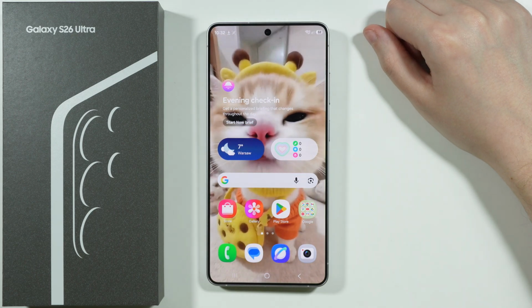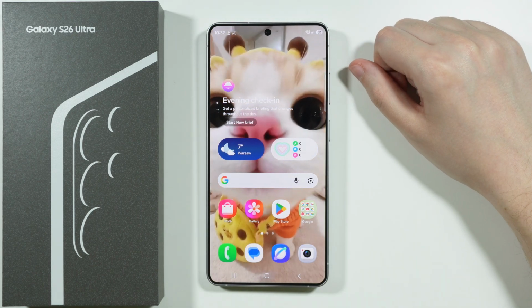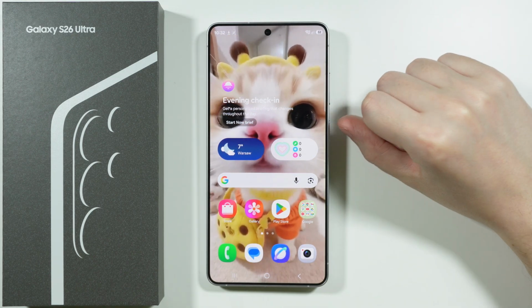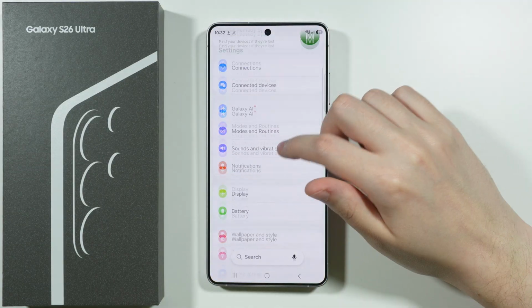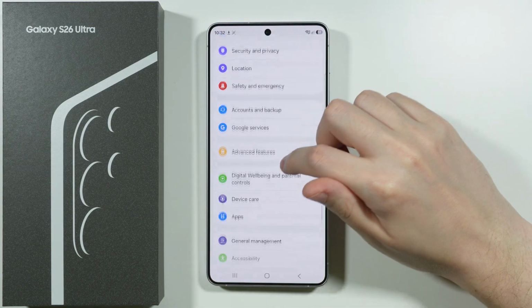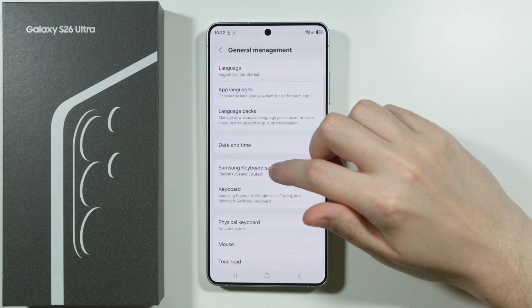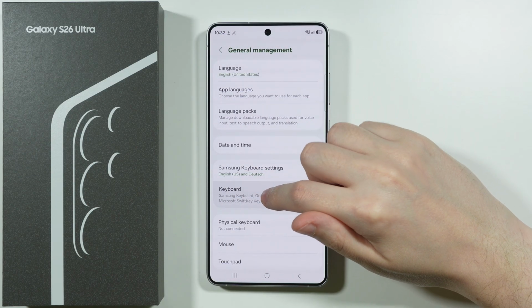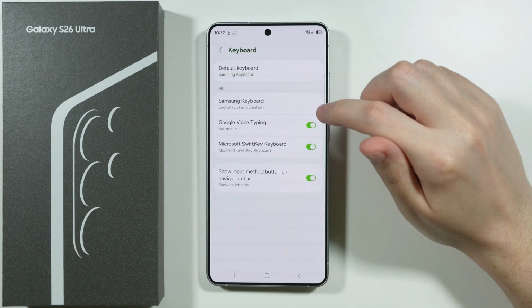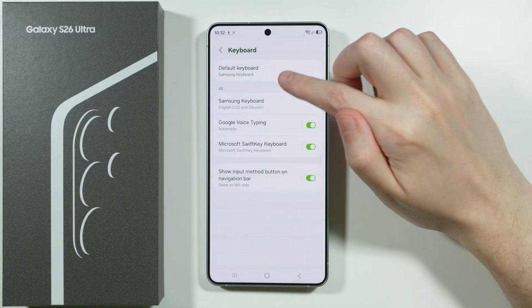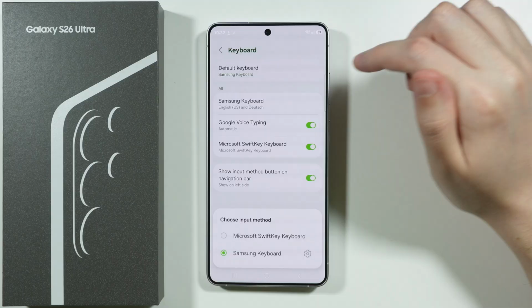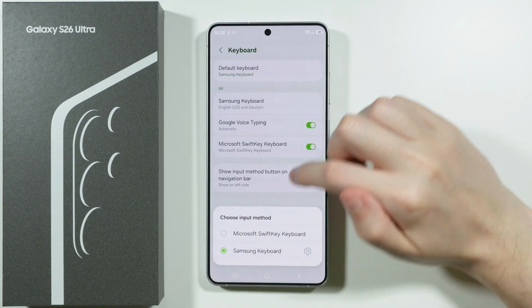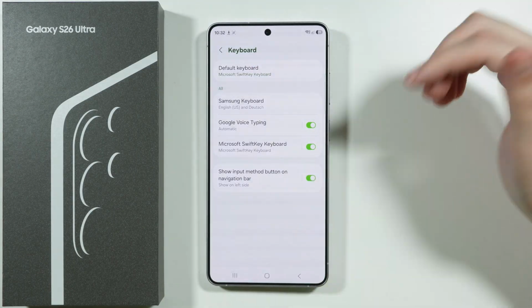If you want to set a custom keyboard theme on a Samsung Galaxy S26 Ultra, we have two options. The first option is to go to Settings, then scroll down and go to General Management, and then we're gonna go to the keyboard option in here. And what you can do is change the default keyboard from the Samsung keyboard to the Microsoft SwiftKey keyboard. So if you tap on default keyboard in here, you can make that switch quite easily,